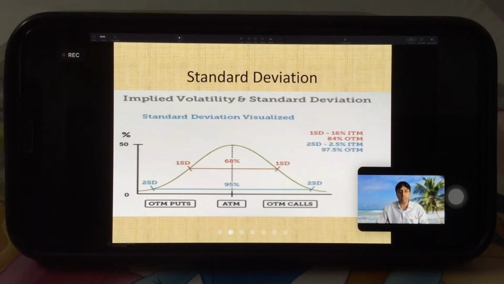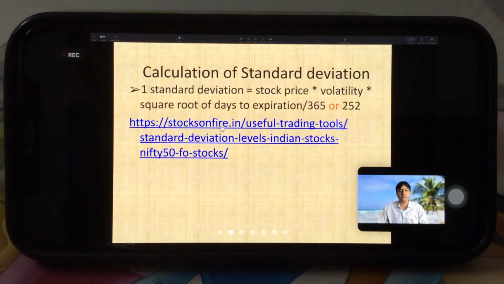There are formulas, but we need not go into the formulas. There is a website called stocksonfire.in. Right, so if you go to this website, or even if you put in Google stocks on fire standard deviation, this is the formula. One standard deviation equals stock price times volatility times square root of days to expiry. But we need not calculate it. If I click on this,